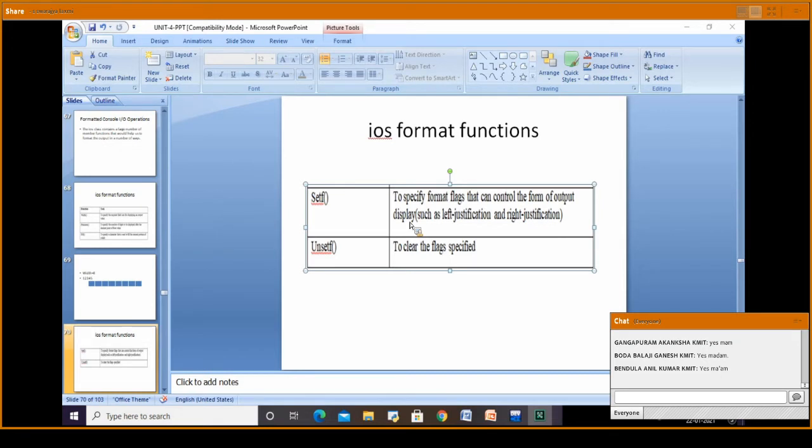Then unsetf is used to clear the flags specified.